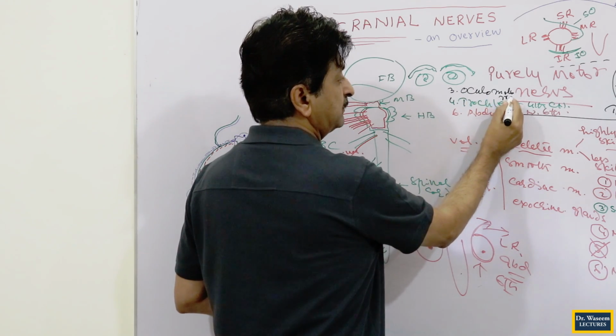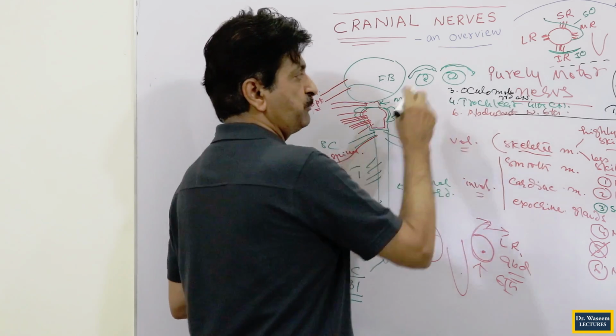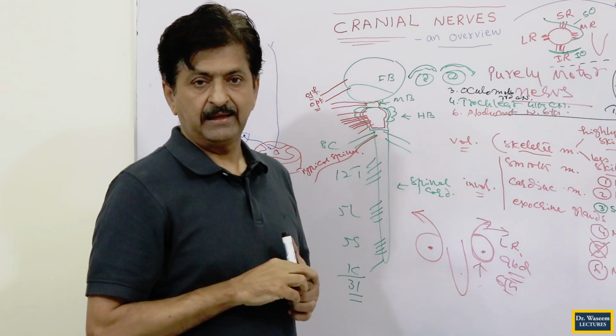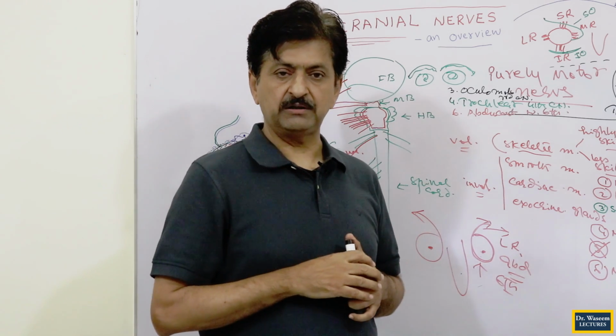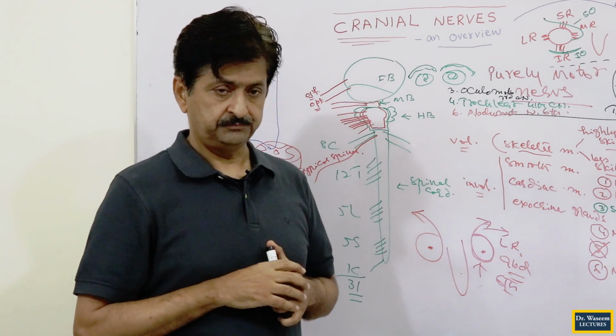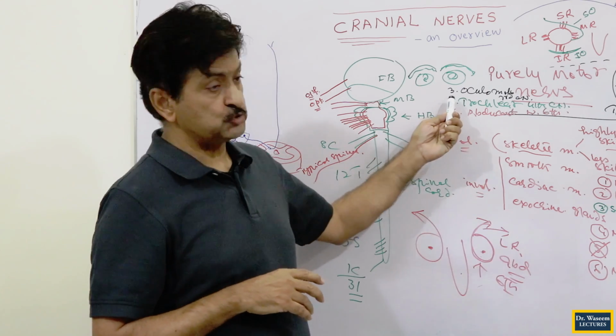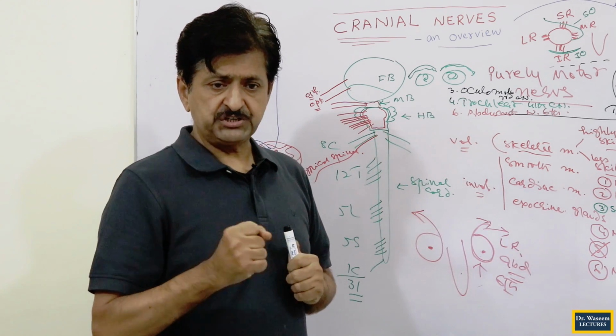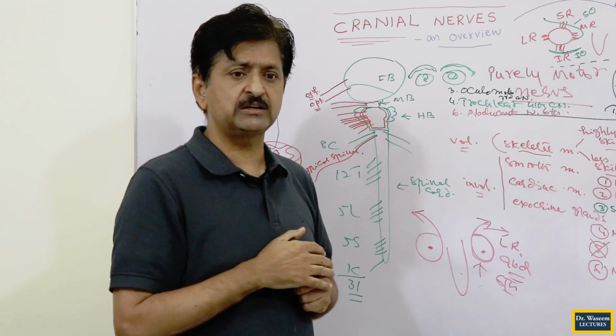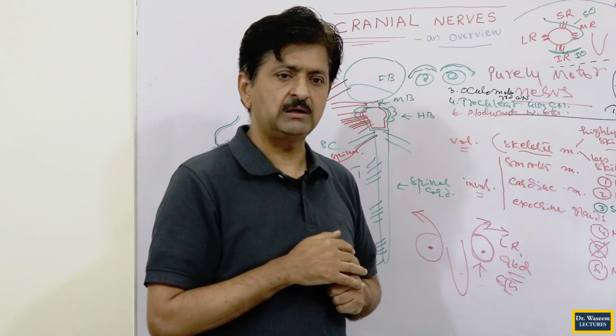This is the third cranial nerve. This is again purely motor. But it's not made for each other kind of a thing here, because you know that it has 5 muscles to supply. And if it has 5 muscles to supply, voluntary action, no other sensory, so can we call it very purely motor?